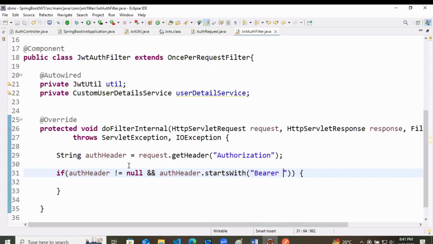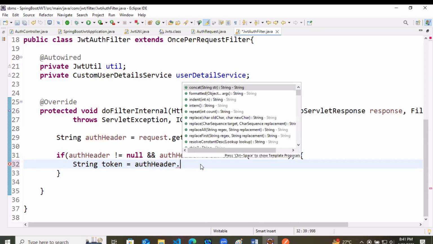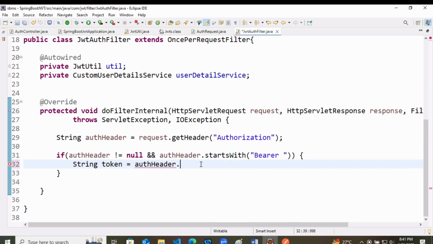So here we are checking if the auth header is not null and the auth header is also starting with bearer and then space. So the user will send the token in that way. Here you have to do string token equals auth header, whatever values are coming, dot substring 7. Now why am I keeping 7 here?